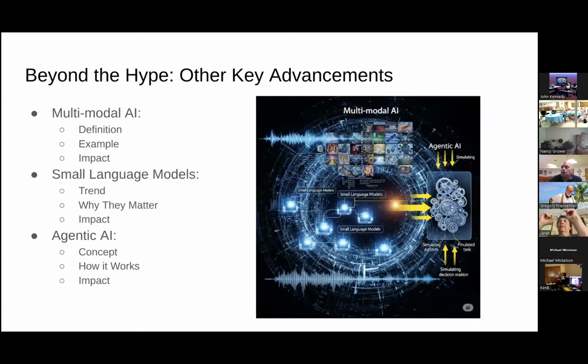So beyond the hype, what are some of the other key advancements in AI? So generative AI has captured a lot of attention. Some other advancements that are continuously shaping the AI landscape include multimodal AI, which impacts all of our senses. AI systems that can process, understand, and generate information across multiple data types simultaneously. This means they can connect text with images, audio with video, and more.